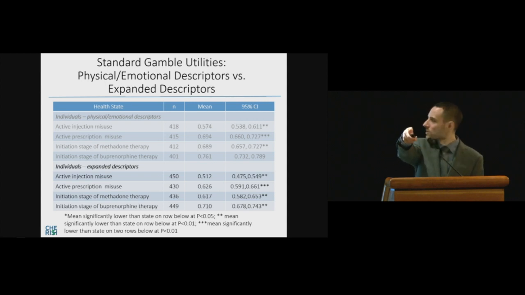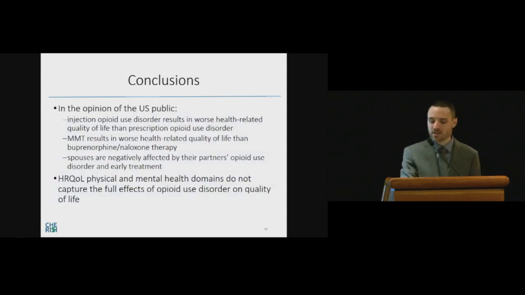So the conclusions from the study were that, in the opinion of the U.S. public, injection opioid use disorder results in worse health-related quality of life than prescription opioid use disorder. Methadone therapy results in worse health-related quality of life than buprenorphine naloxone. Spouses, as I mentioned, are negatively affected by their partner's opioid use disorder and early treatment. And health-related quality of life, physical and mental health domains do not capture the full effects of opioid use disorder